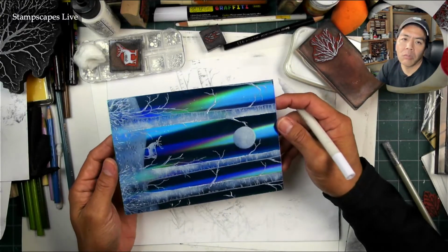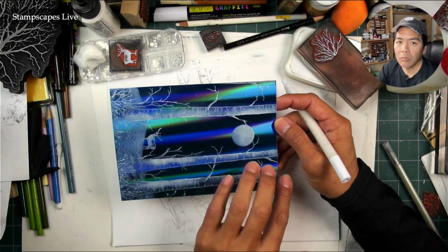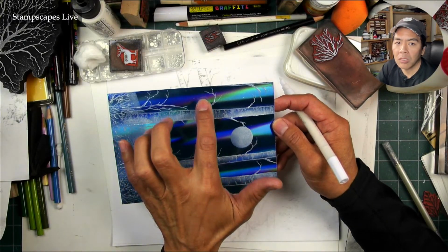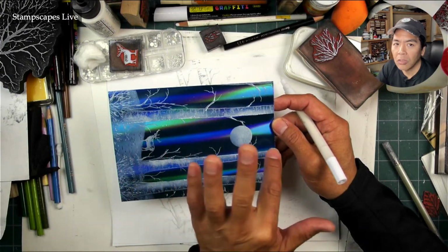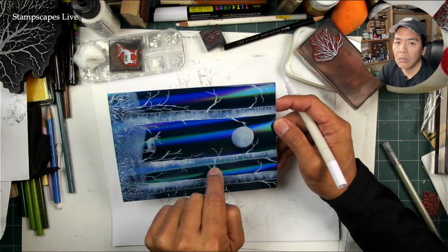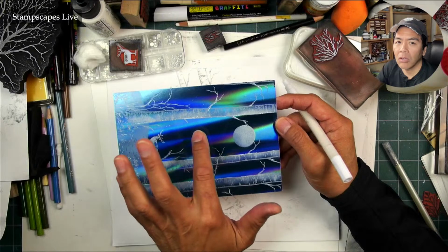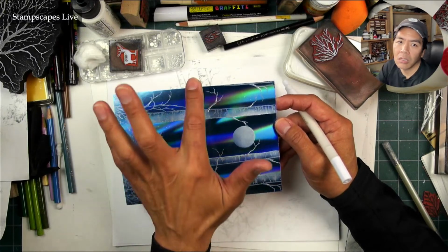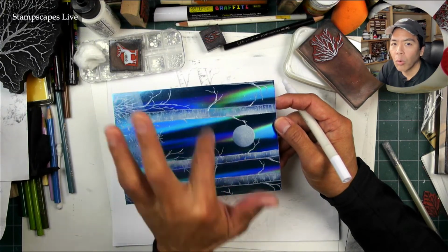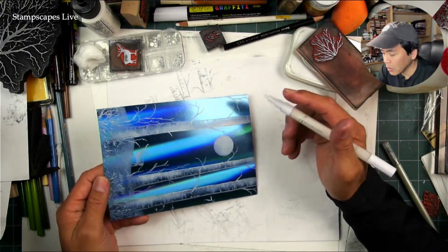But okay, so going back to this, these horizontal light pillars, I really like it for skies. And if I put the Lakeside Cove in here or something like that, where you have these other pattern striations or holographic effects down here, it looks like the water is reflecting the things that are going up in the sky, so that's really fun. Okay, so